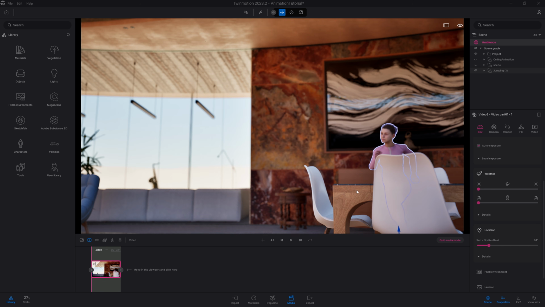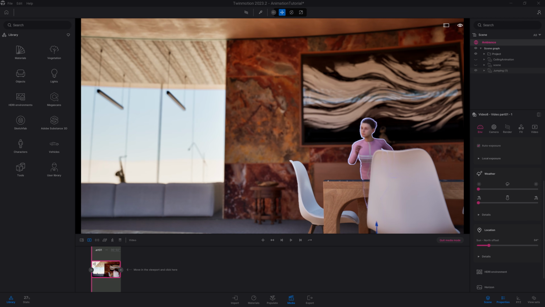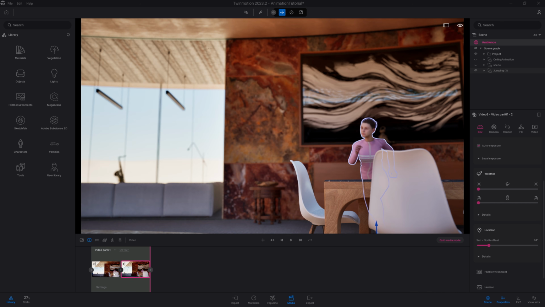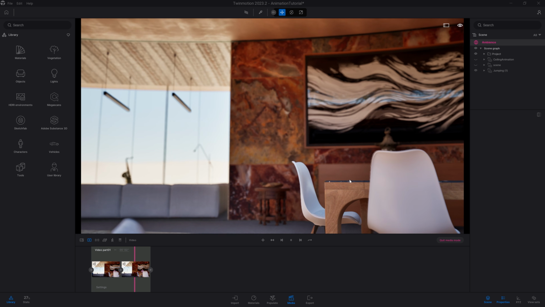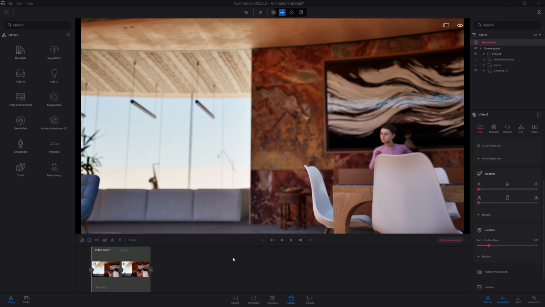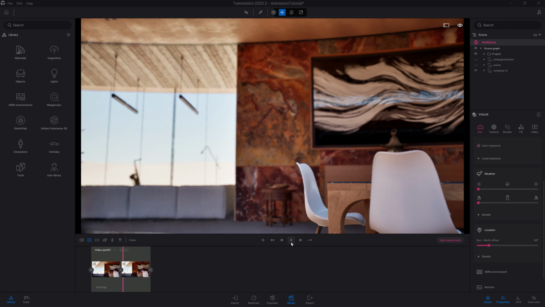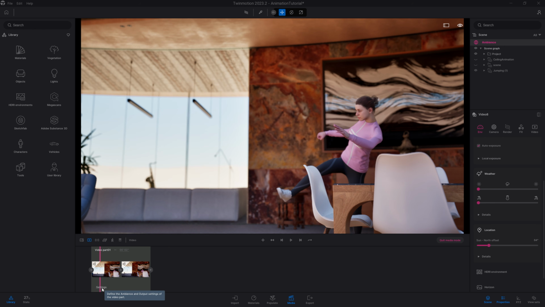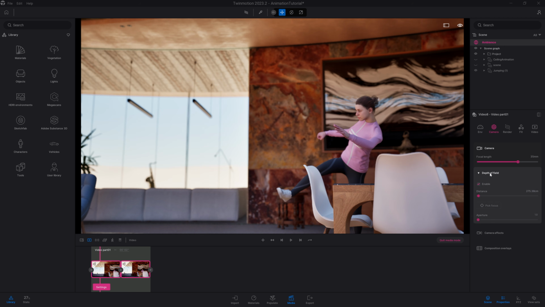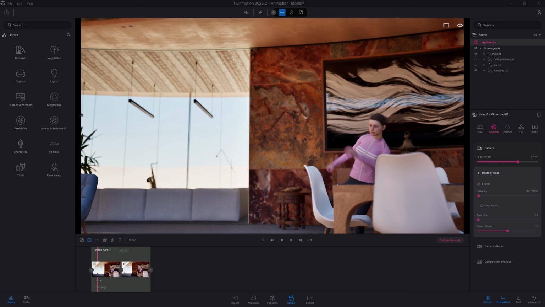Let's just add a slight movement to my camera, so I'm just going to advance a bit in the space, create a second keyframe, and now I have a really subtle movement with my character jumping in front of the camera. Finally, just also customizing a bit the depth of field, just because we moved the camera a bit back compared to the previous shot.